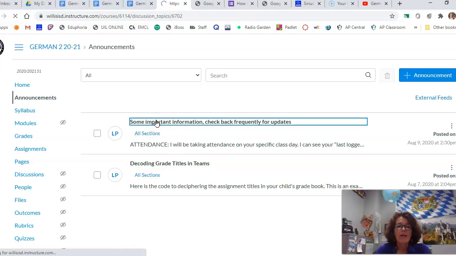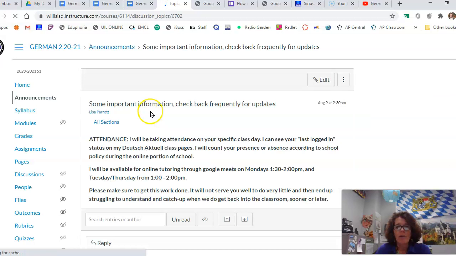Here is a little bit of important information. Attendance is going to be a little tricky this year to start off with. Today, the fact that you're filling in this, your Y, and turning that in, that's going to be your attendance check for the day. Make sure it's done before noon, because I've got to make sure you're all checked in before noon.